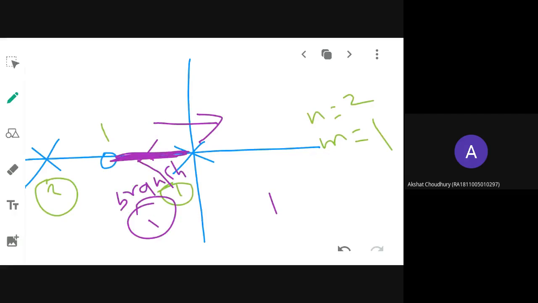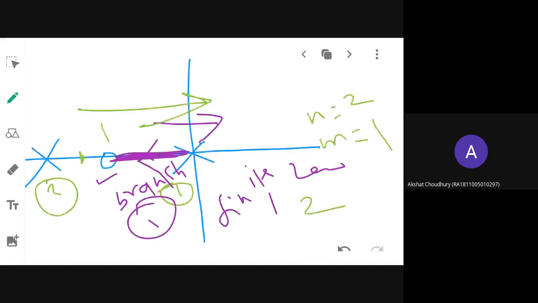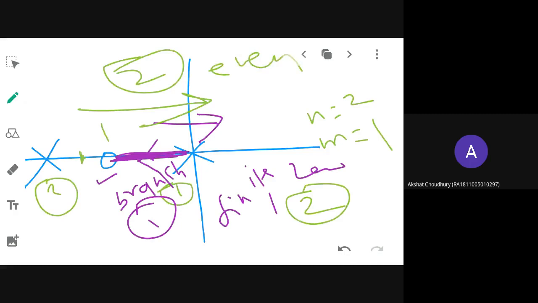Is this terminating at a finite zero or infinite zero? Finite, because you are having a zero here. So this is terminating at a finite zero. Again, you are going to locate one more trial point here. Note down to this side how many poles and zeros you have. 2 poles and 1 zero. So the number is 3? No, the count is 2 now. So it is even. So this area will not form part of the root locus.